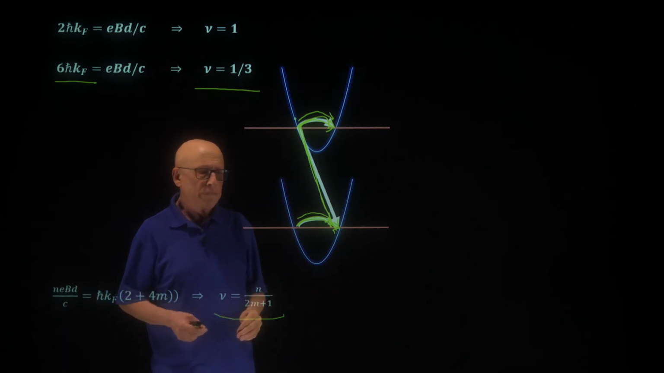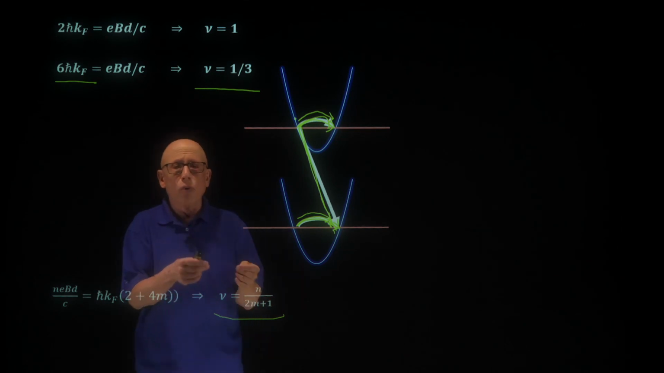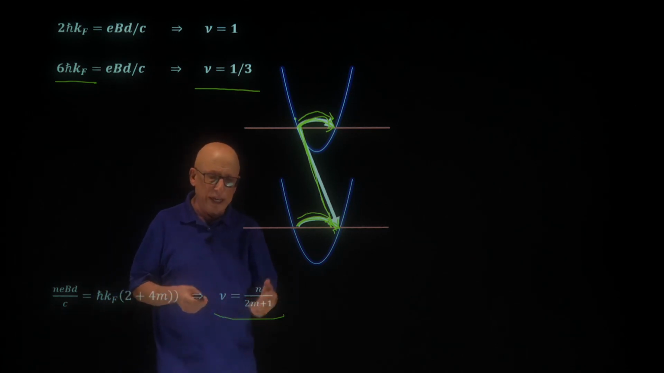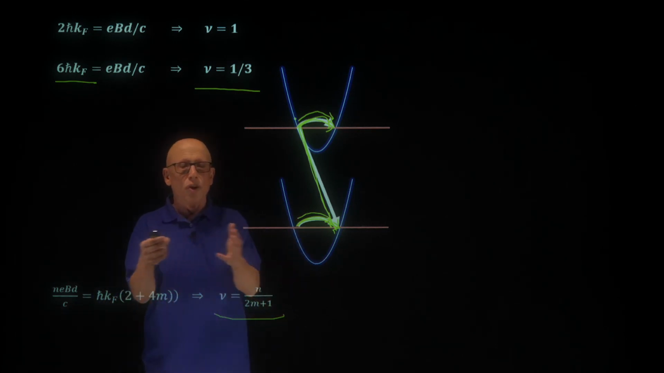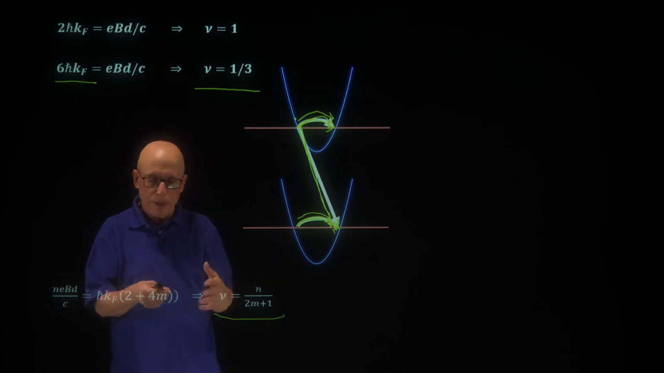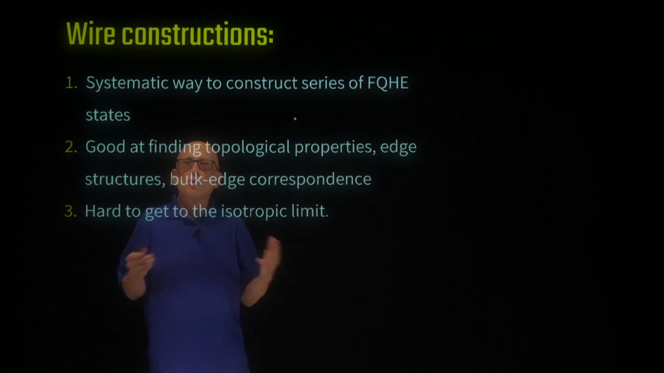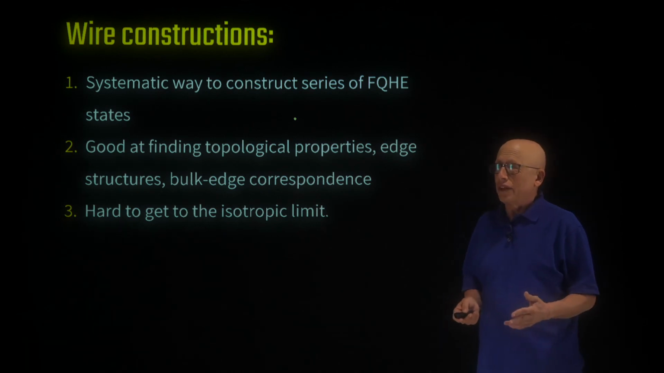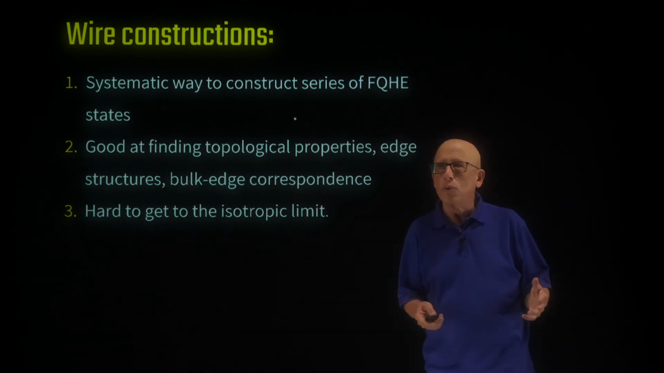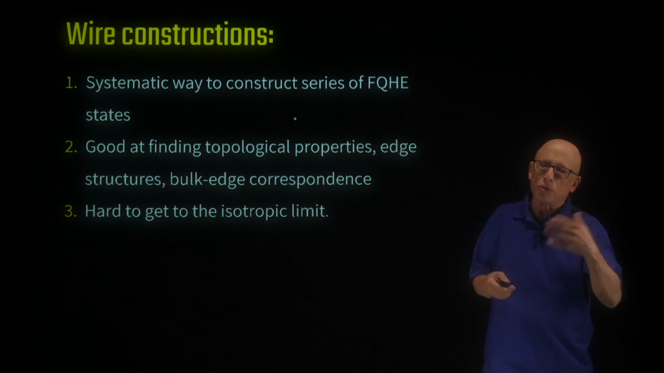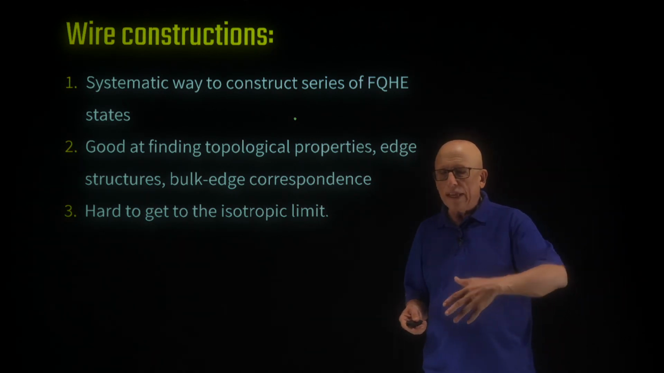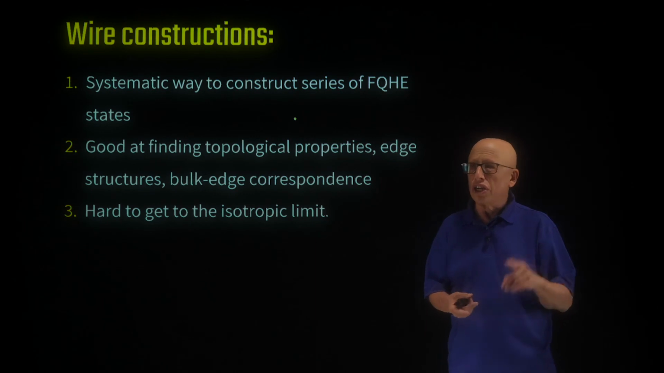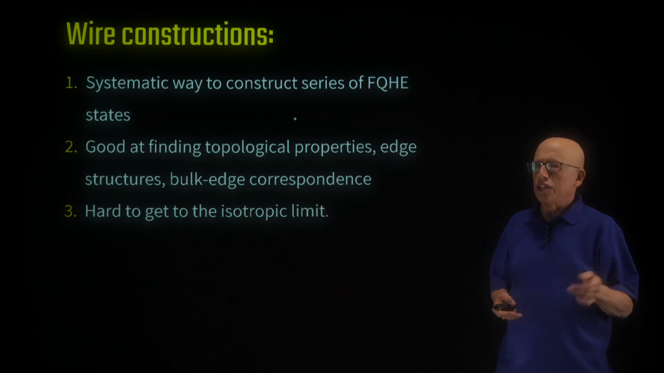the very edge. I'm also not getting into how we analyze the properties of the edge of fractional quantum Hall states in this way, but the same property that we saw in the video about the edge can be reproduced using this approach. So to summarize, wire constructions give us a systematic way to construct series of fractional quantum Hall states, and to extract the topological properties, you know, charges, fractional charges, edge structures, bulk-edge correspondence,